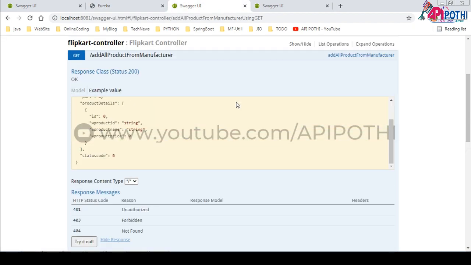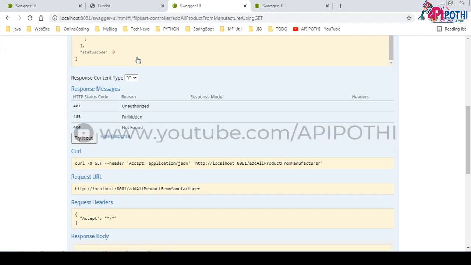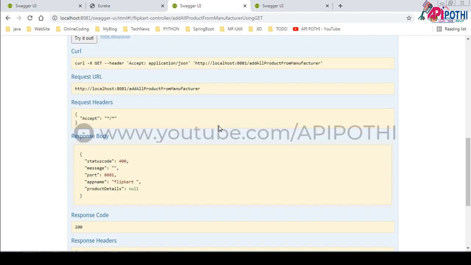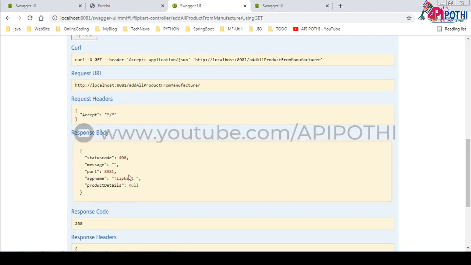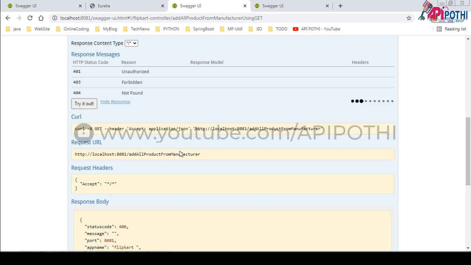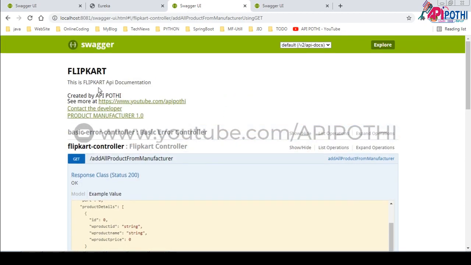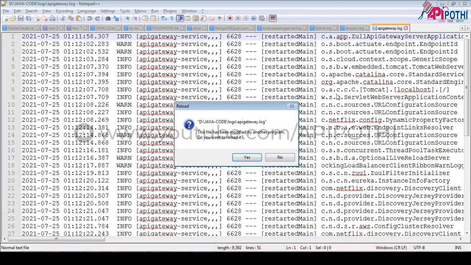Now all our services are running. We are going to do the same thing, meaning we are going to make a Feign call, then only our API gateway will come into the picture. So now I am hitting these services. Let us wait for the response. It timed out. Let's try again. Okay, if you see, the response happened. We are making it from Flipkart.